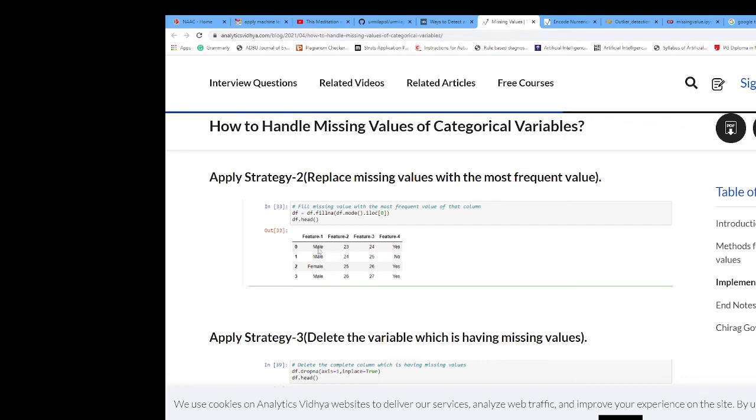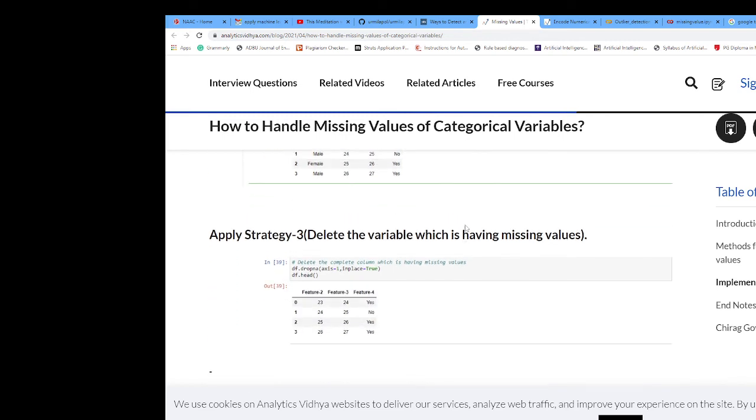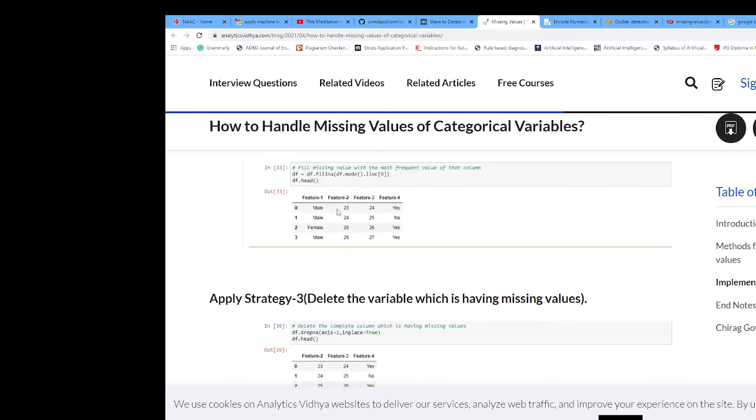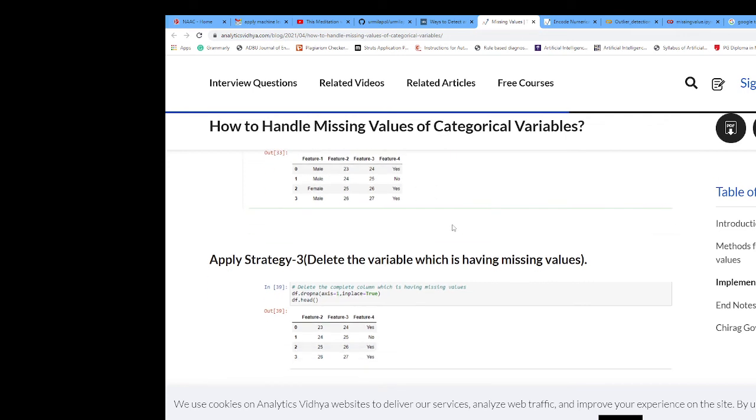Male is the most frequent value, so we can replace the missing value with it. Then df dot head displays that the null value is replaced with male.